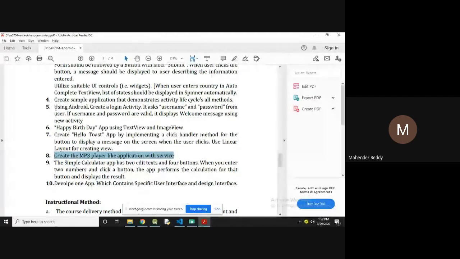For you I'm giving a task. Using Android, create a login activity. It asks for a username and password from the user. If the username and password are valid, it displays a welcome message using a new activity. So you have to validate here.